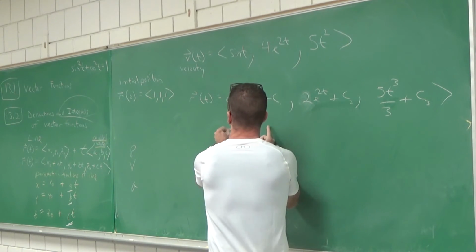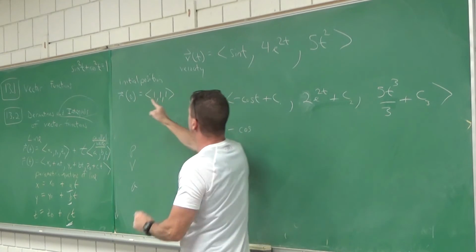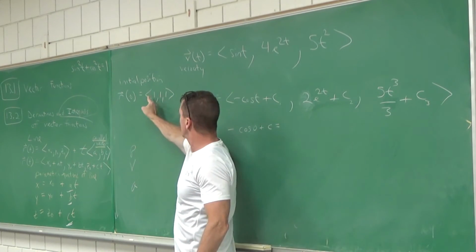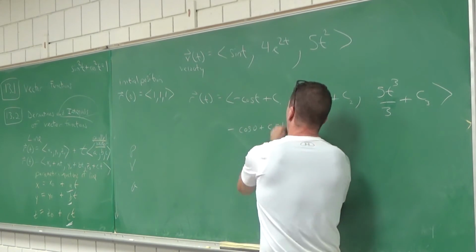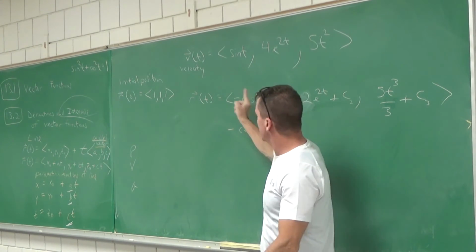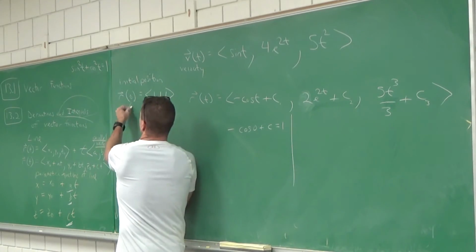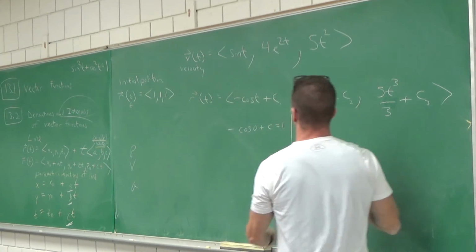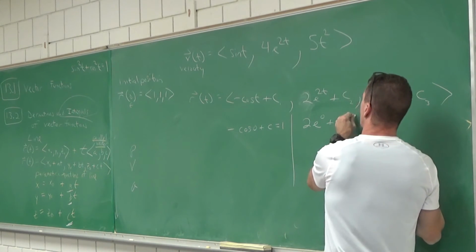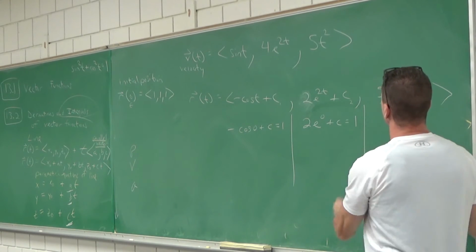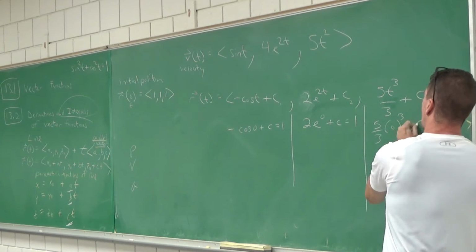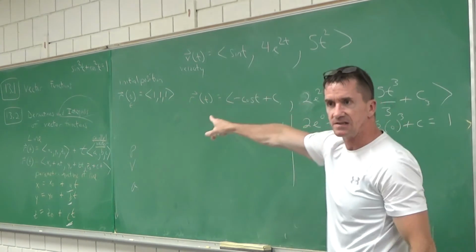All right, so I'm going to write this. Negative cosine of 0 plus a c must be equal to the number 1. I'll put a big wall just to separate this from this. Did everyone see what I did? This is to help me find the first constant. Negative cosine of a t value of 0, plus a constant must be equivalent to that number 1. Let me do it here. 2 times e to the 0 plus a constant must be equal to the number 1. And over here, 5/3 of 0 cubed plus a constant must be equal to the number 1 as well, because this gave us all these components.